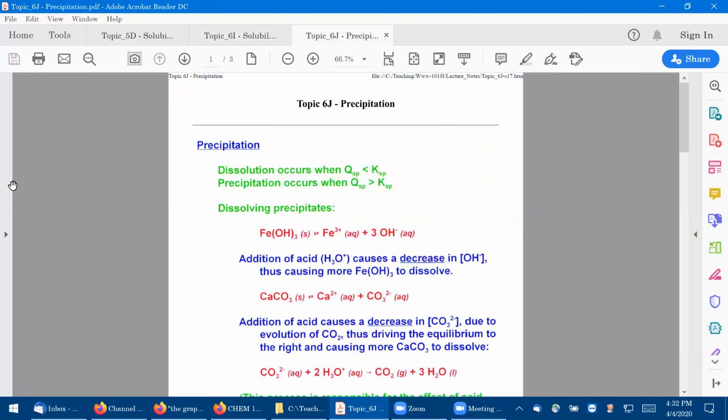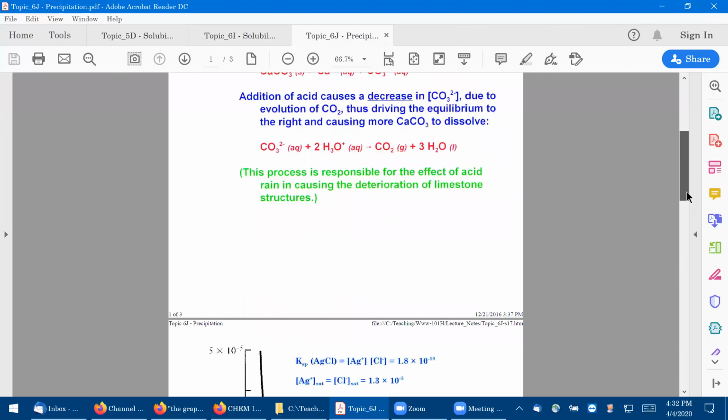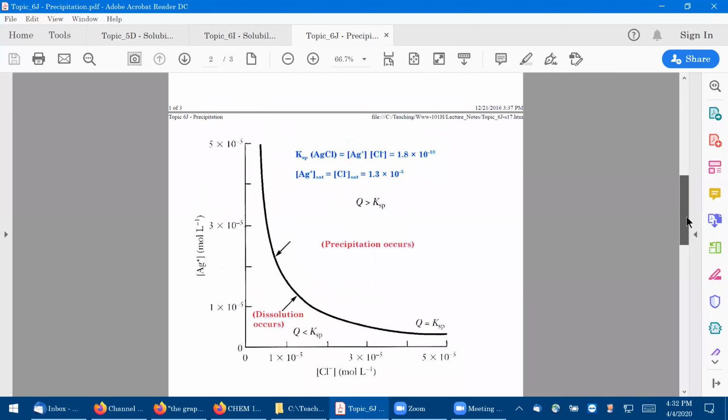Now, one of the things that all of this leads to is the effect or the interaction of ions in solution when precipitation occurs. You're all familiar with precipitation when something is added to something else and you see a solid come out of solution as a precipitate. It's all governed by this solubility equilibrium. Now, if we look at the curve that occurs, this was the one we just looked at for silver chloride,